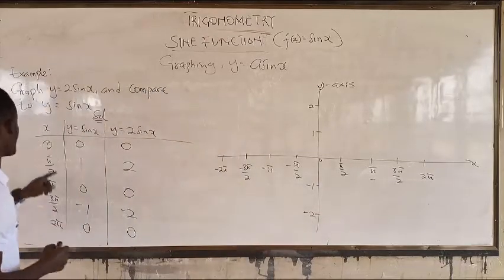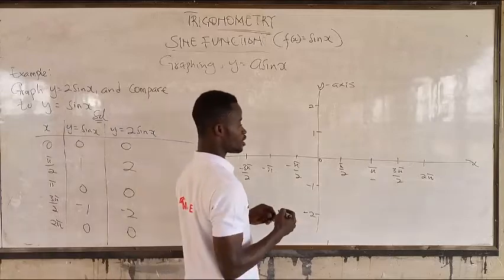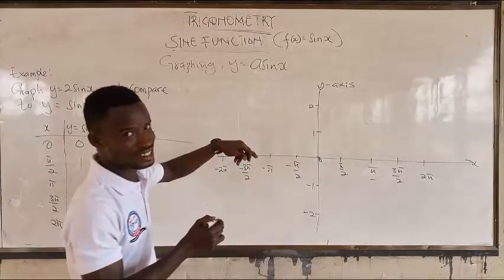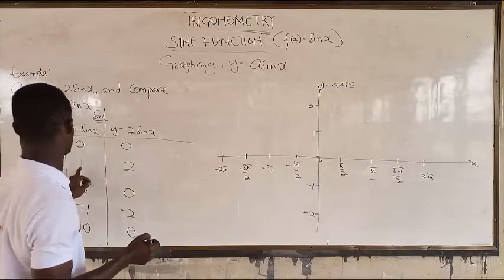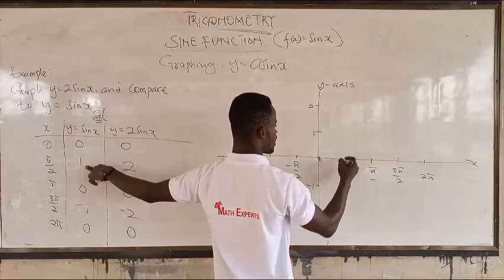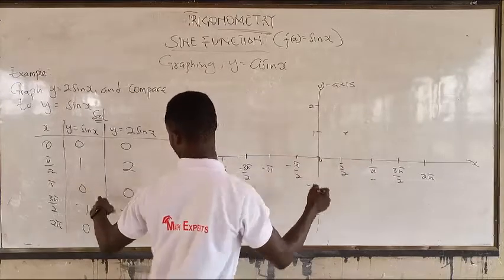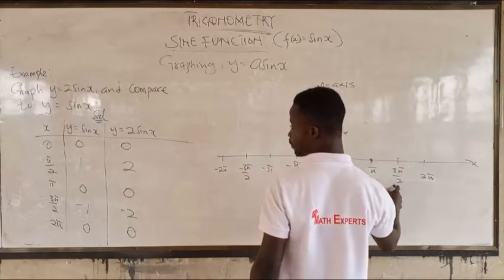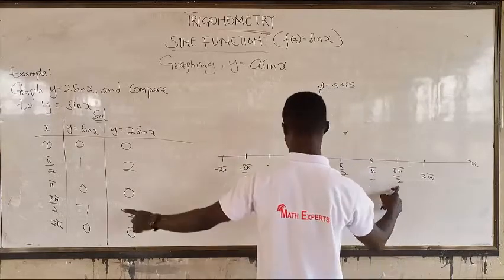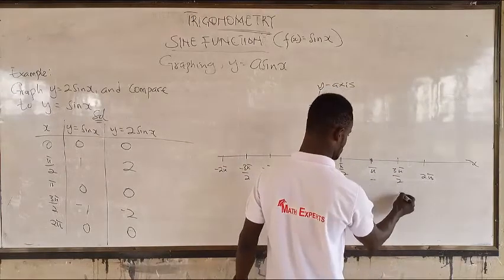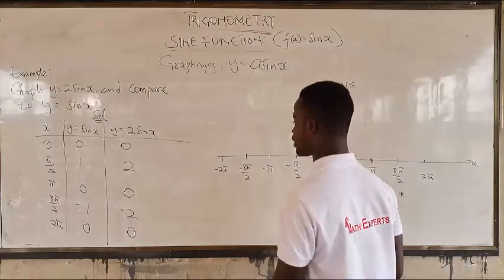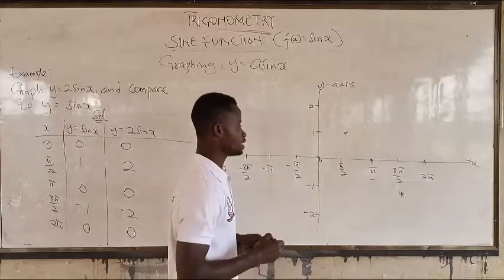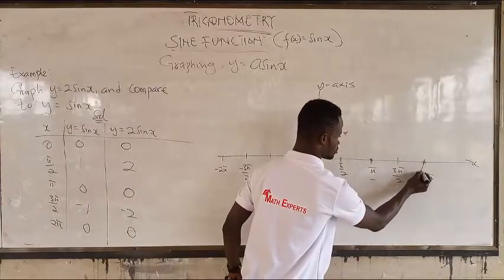Very good. So at 0 we have 0. Let's first do it for sin x. At 0 we have 0. That means that it's starting at the origin. And at pi on 2 we have 1. At pi we have 0. At 3 pi on 2 we have negative 1. At 2 pi we have 0. So graphing only this is going to give us